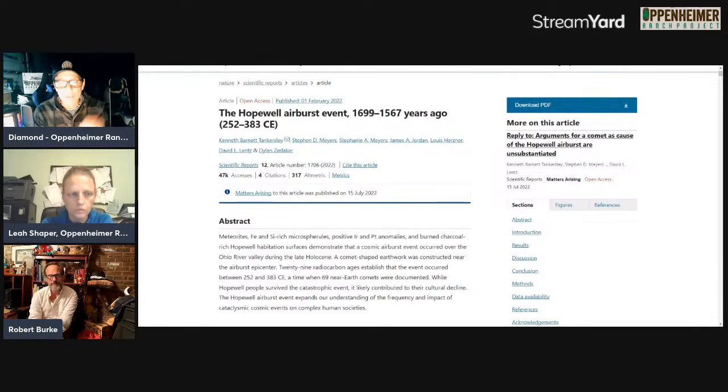So similar to the Younger Dryas event where the Clovis were decimated on the whole continent, this is a smaller event. It's a mini Younger Dryas event from a single entering bolide that may have discharged over the Hopewell. And this could just add to the Thunderbolt motif that the natives had in their minds from the past and then had been reinforced here at another event.